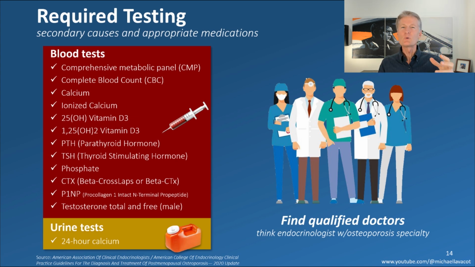You might have heard the word osteoclast before, but it measures the activity of those critters. And P1NP is kind of the opposite. It measures how much your bones are rebuilding, laying down new bone material. That osteoblast, you might have heard that term before. And then finally, testosterone, if you're a male, right, free and total. You might not realize this if you're a man out there. Testosterone gets converted to estrogen, and estrogen is good for bones. So if you're low on one, you're low on the other, and you want to make sure you get that checked.